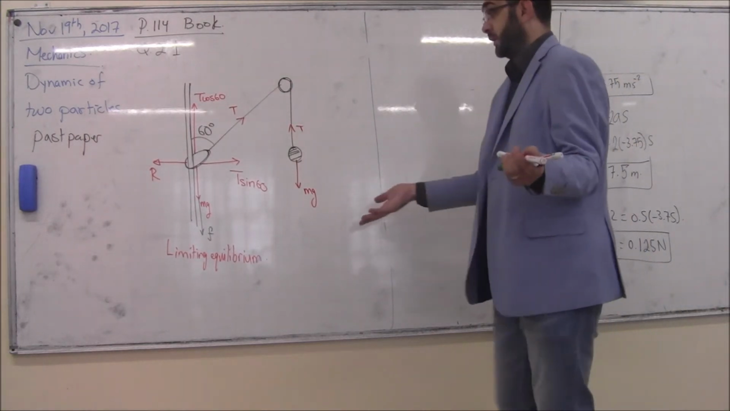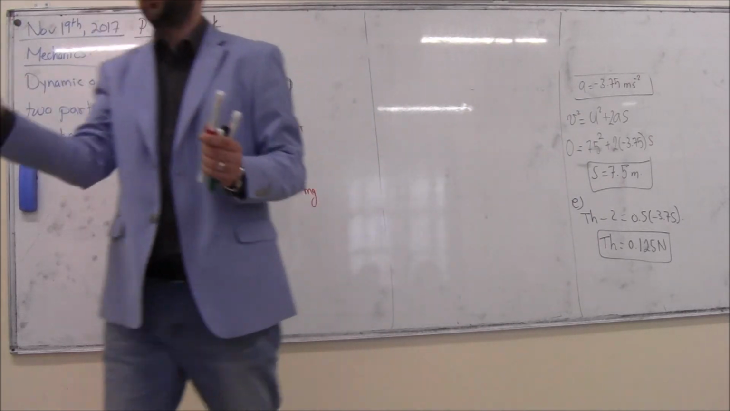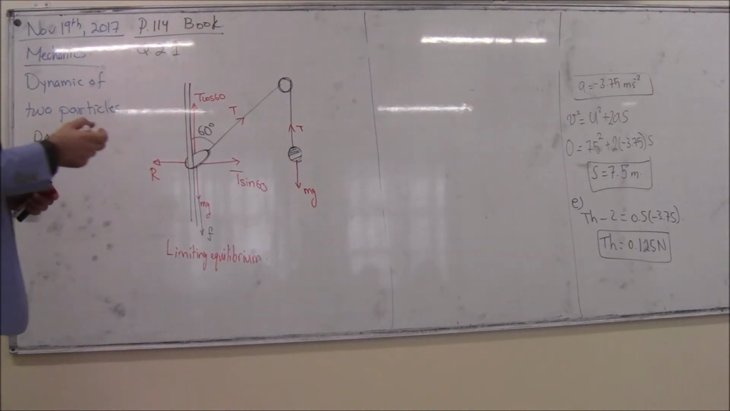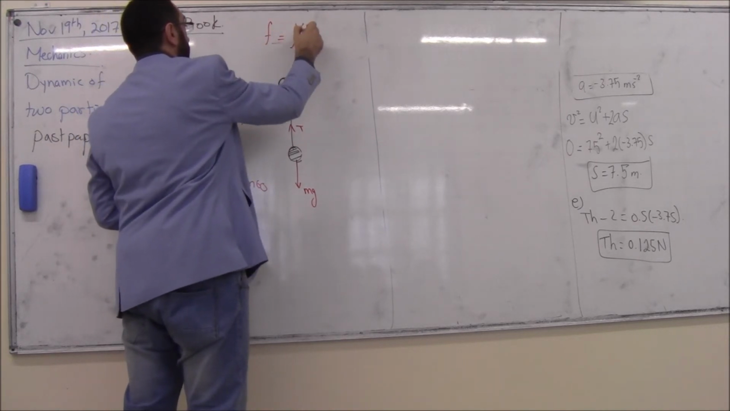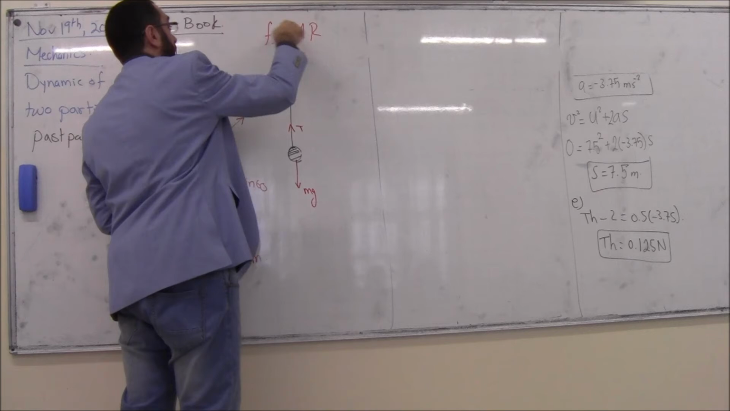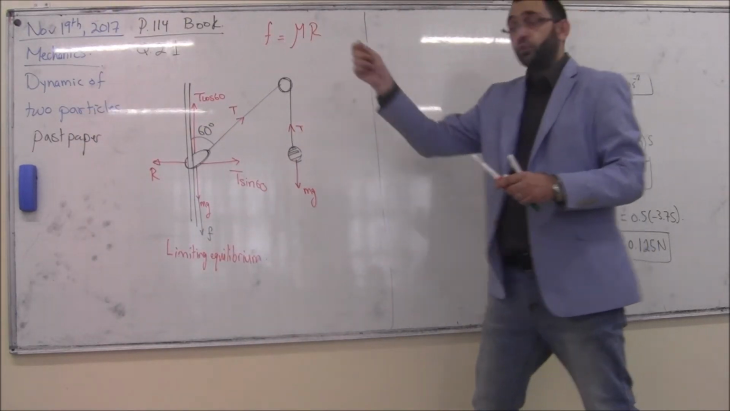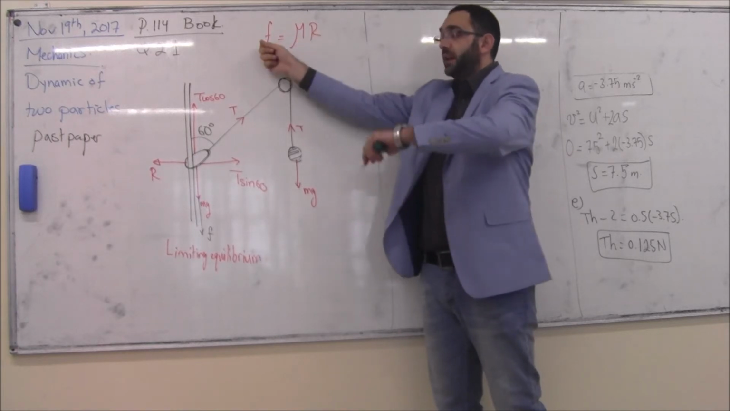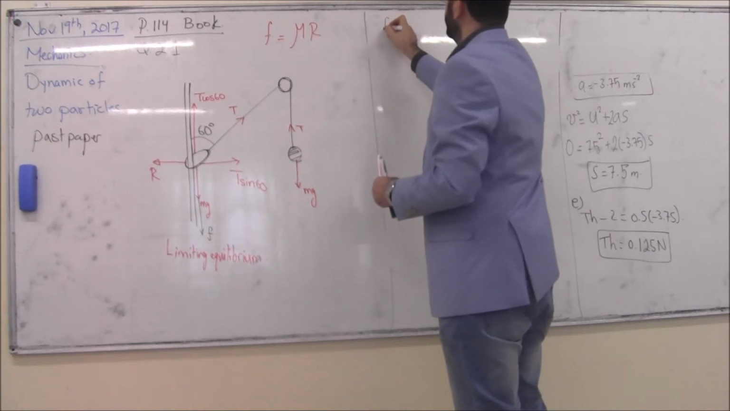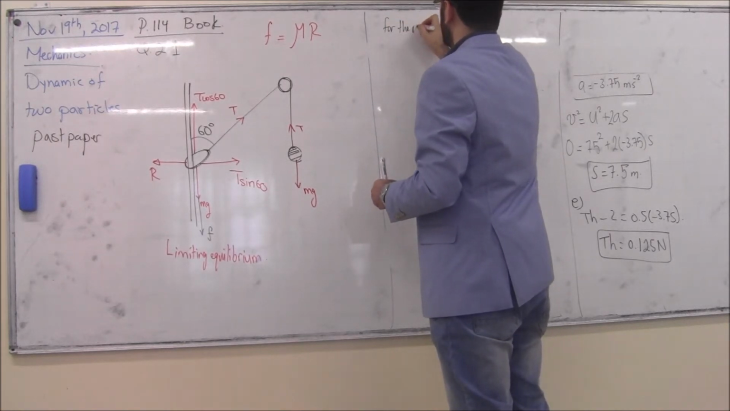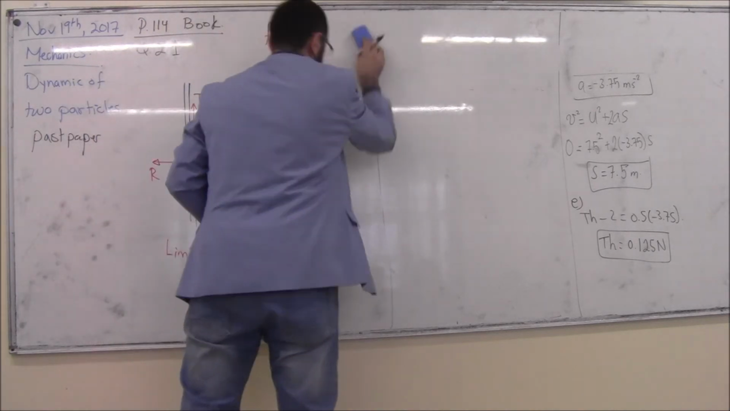So again, we need the coefficient of friction. F equals mu times R. So I have to find R and I have to find the friction in order to find mu. So, for the ring,